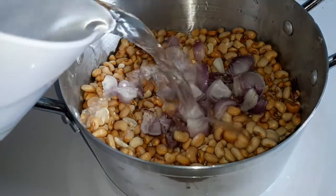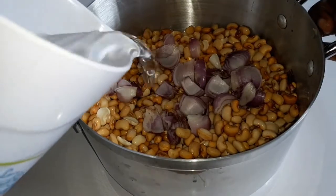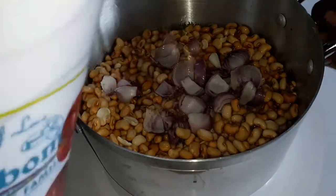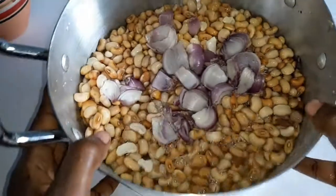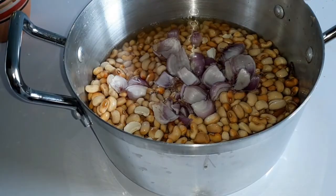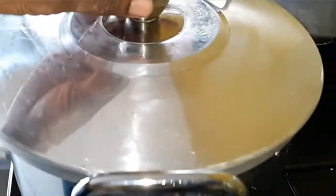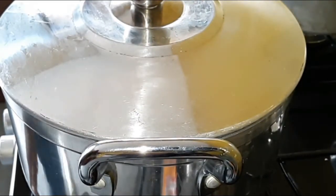Adding water to it. Since it has been soaked, it will need less water, and if I need more water, I can always add it anytime during the cooking process. Okay, so I've got it all on the stove and it's going to cook. Pepper is boiling,